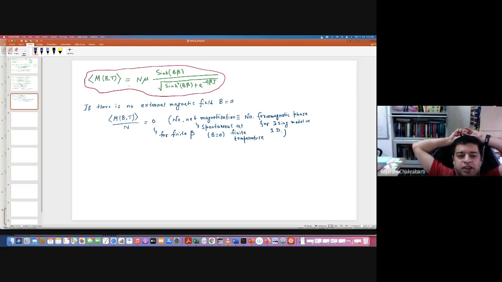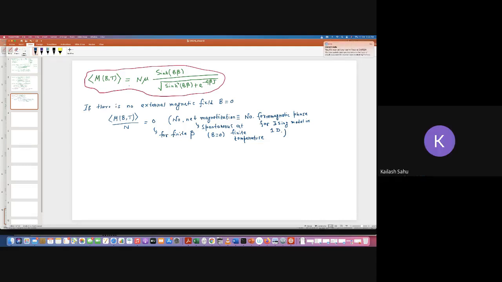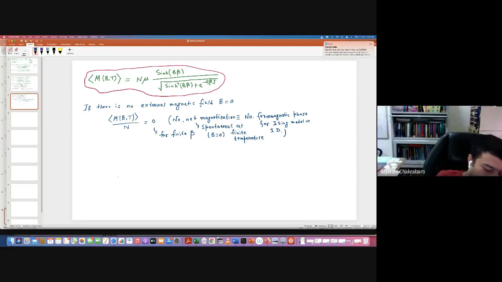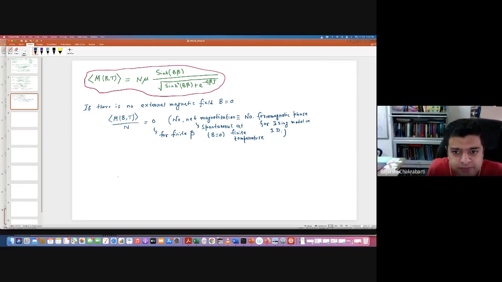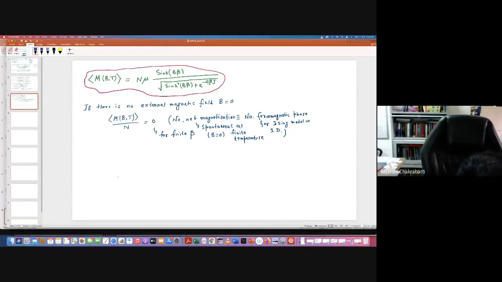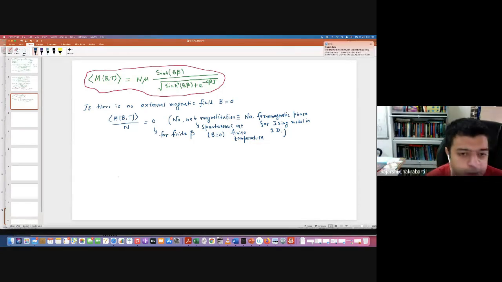If all the spins are up, mu is positive by convention. If all the spins are down, mu is negative. Is this clear? Okay. But it is not happening. Is it happening? No. Your average magnetization is 0, not equal to mu,